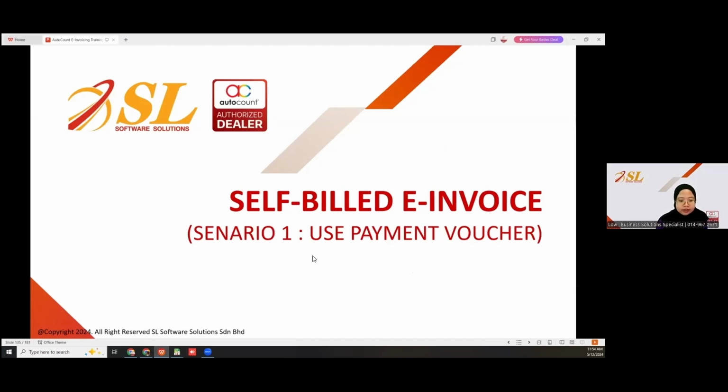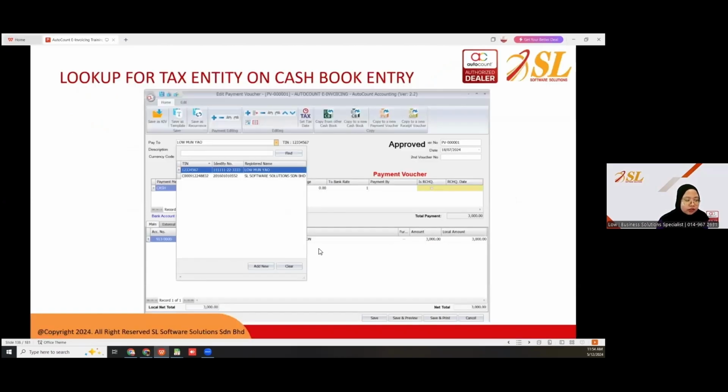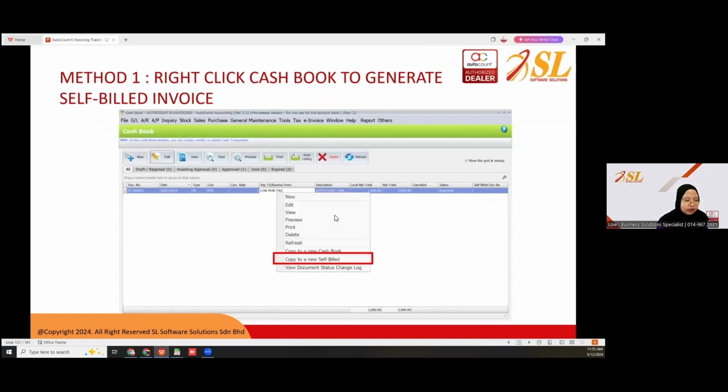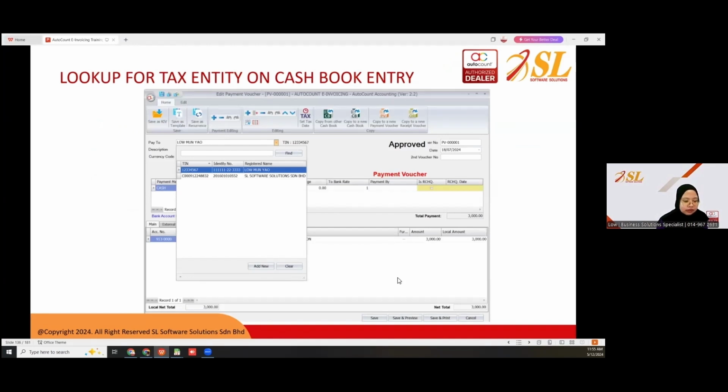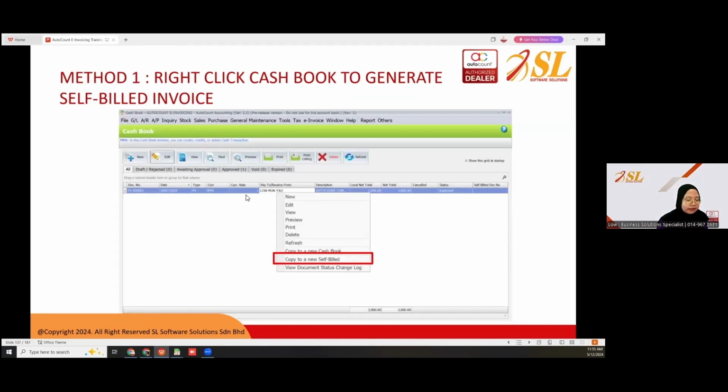Scenario 1, use payment voucher. At the payment voucher, you can look up the tax entity on the cash book entry. After you fill in the customer name and look up the tax entity, fill in the amount and payment, and then you can right click and copy to new self-bill to generate